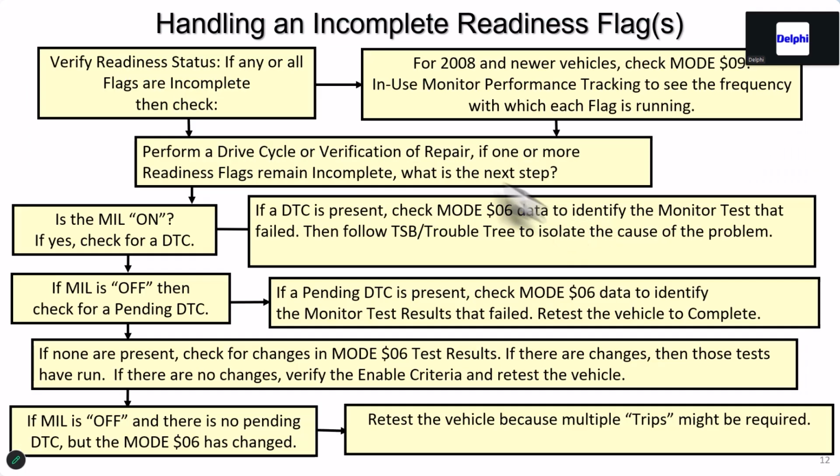Now, one last thing before we move on to the meat of this. This is a little chart I'm going to use for the 3 classes. Not only verifying status, but in the 3rd class, we're going to use this thing called in-use performance tracking. In the past, we've never had a way of checking the vehicles when they come into your shop to know what their history has been for running monitor tests. And so this has been a way, a quality control check that CARB EPA put in to allow people to see what the history has been when it works correctly. There are times when it doesn't work correctly and it can be misleading. But it was designed for quality control for the companies, but I found a way to use it for you,